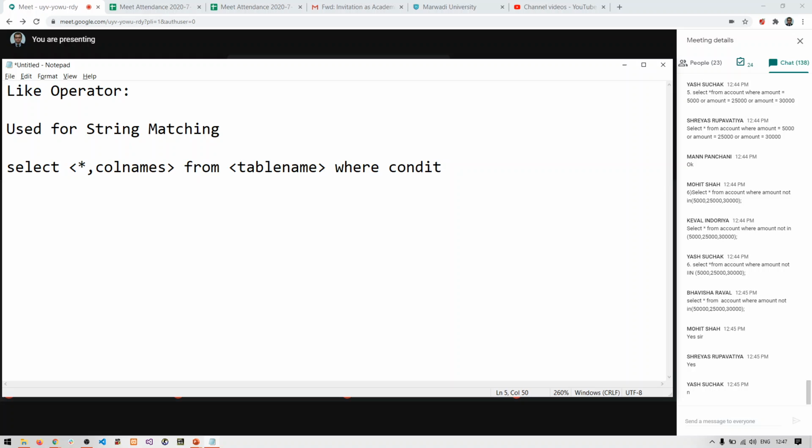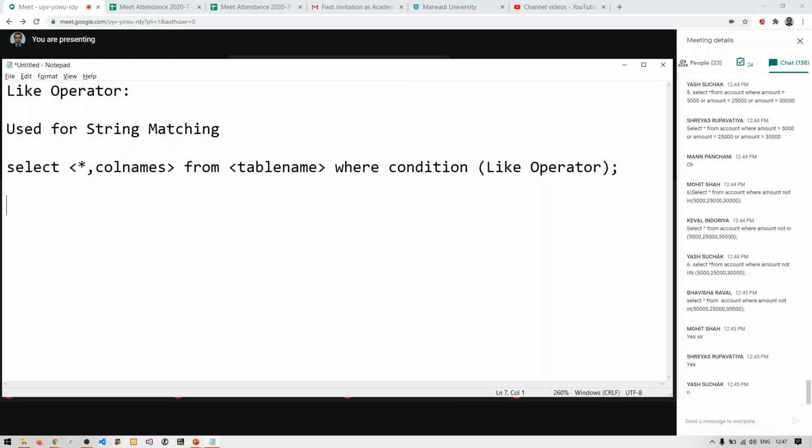So this is what the syntax is, and the condition will have like operator. Right, so this is the generalized syntax of like operator. This is what you are going to use. So let's see now how to use like operator with different examples.